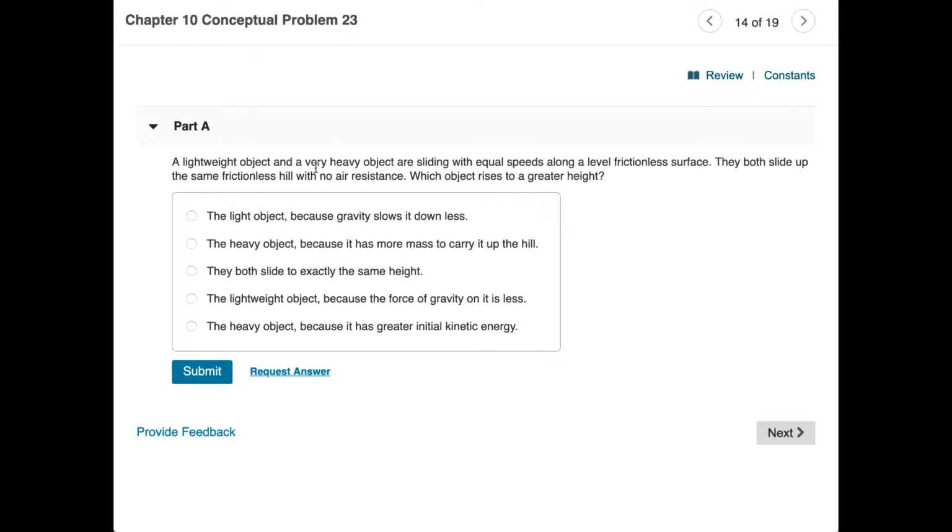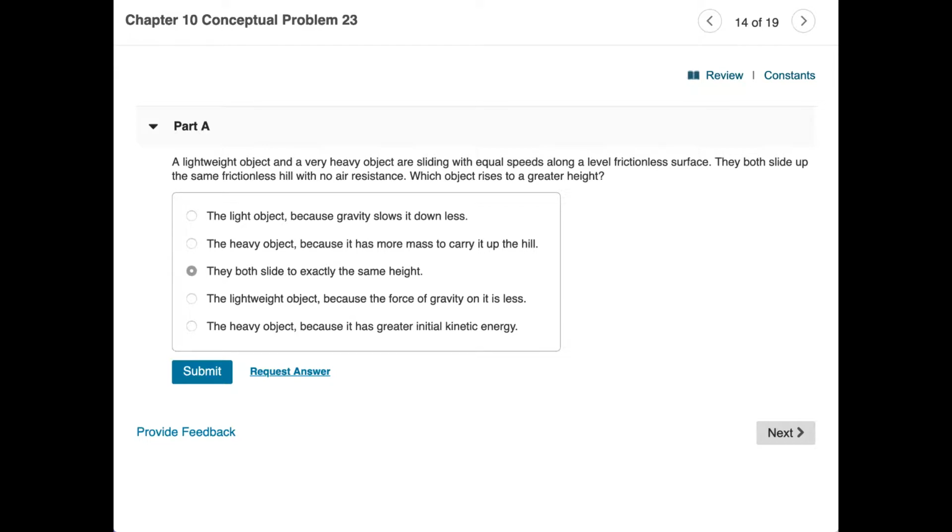You feel almost certain that they must go to different heights. But the fact of the matter is they go to exactly the same height. And the reason for that,